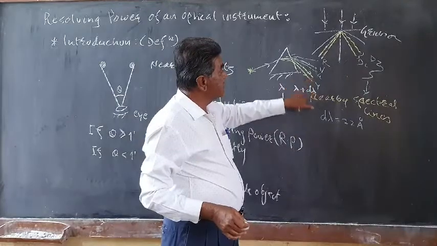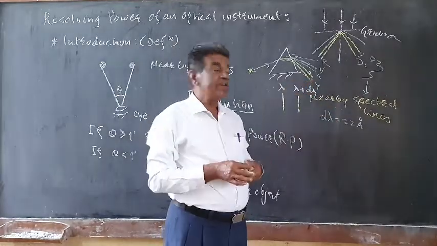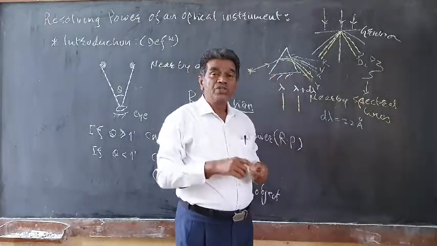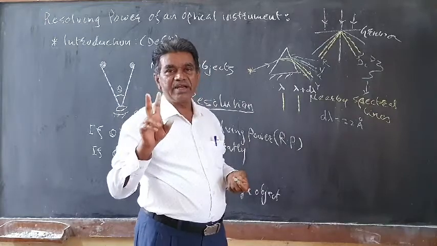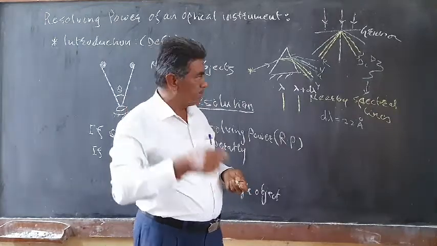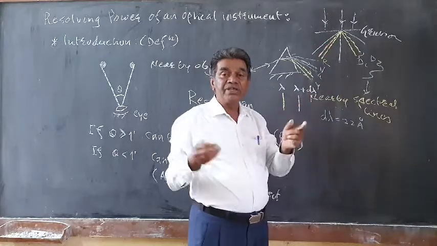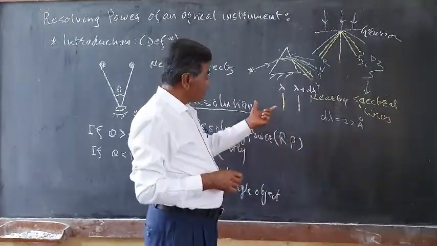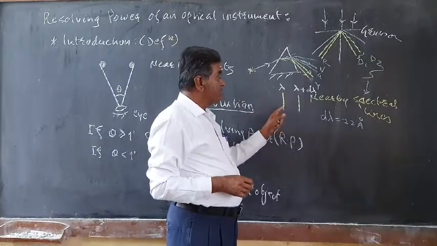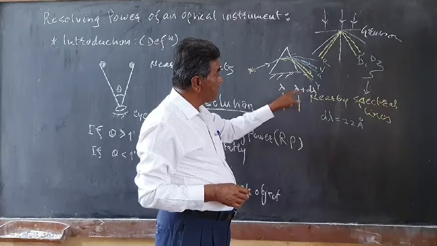In the case of the prism also, the yellow line consists of a doublet, two lines very close to each other, and these can be regarded as nearby spectral lines. If the nearby spectral lines have wavelengths lambda and lambda plus d lambda,